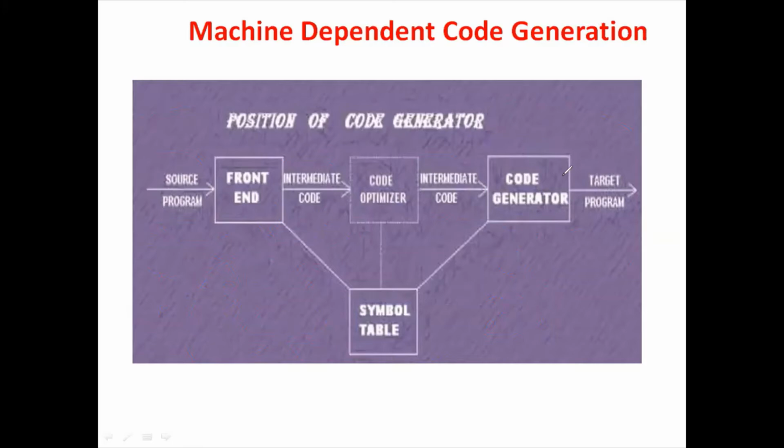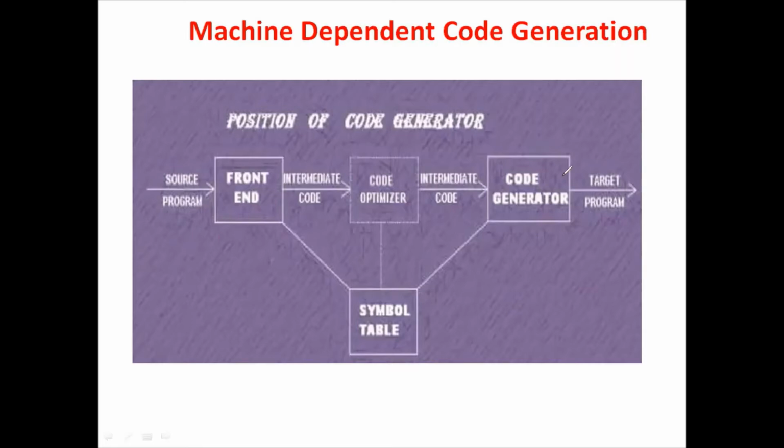So you get the input from the source program. It is the front end of the compiler, and the front end is nothing but the analysis phase. The front end consists of the lexical analyzer, syntax analyzer, and semantic analyzer. After that, you give the output as the intermediate representation of the source program. Once you get the intermediate representation as input, you give it to the code optimizer, to improve the intermediate code. After that, finally, you give the output to the code generation.